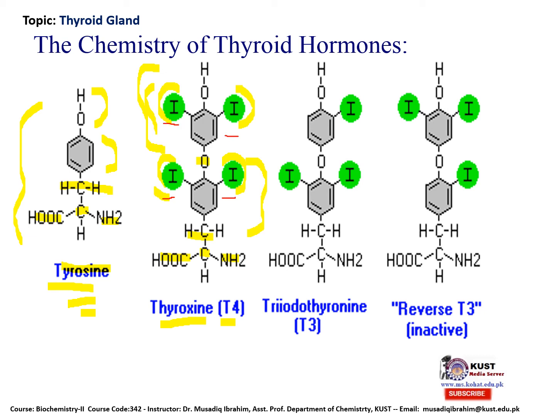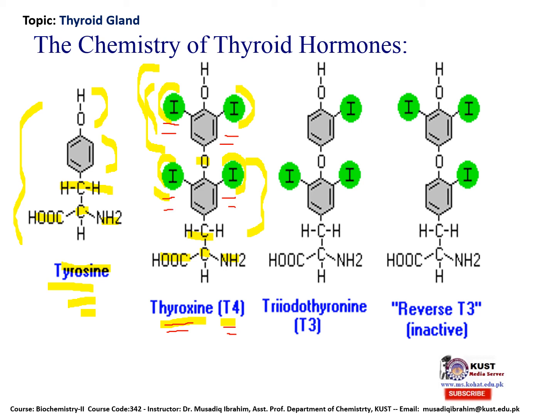So it means that thyroxine, which is also known as T4, has 4 iodine atoms covalently linked to the modified structure of the two tyrosine molecules to form thyroxine. And it is known as T4 because it has 4 iodine atoms covalently linked to the modified structure of the